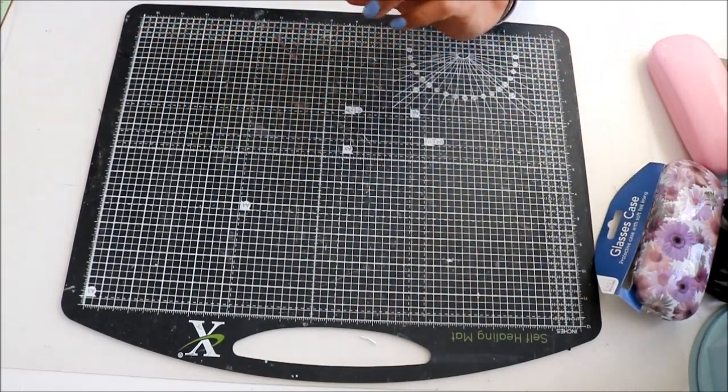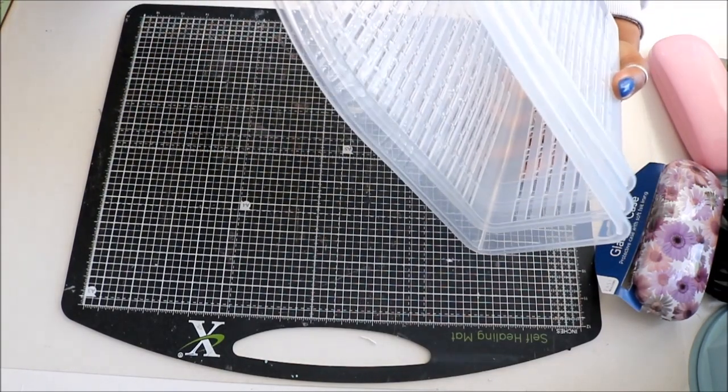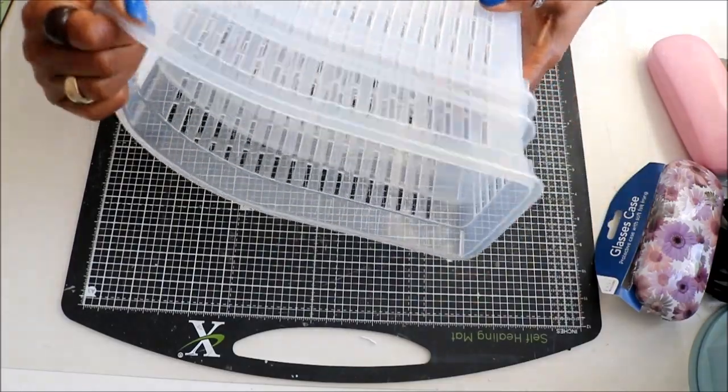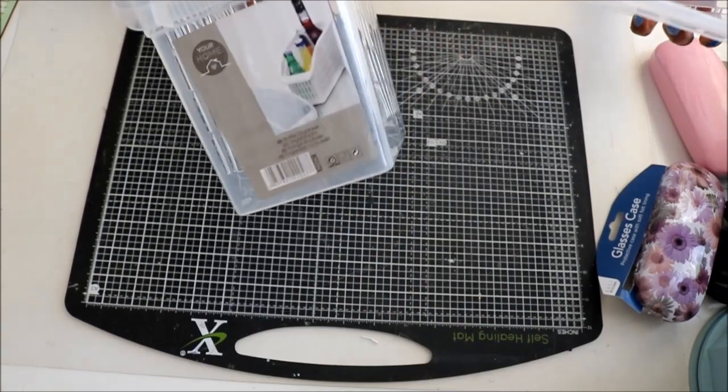Right, so household, yes, you can consider them as household. I picked up 3 of these because I really wanted some more storage,